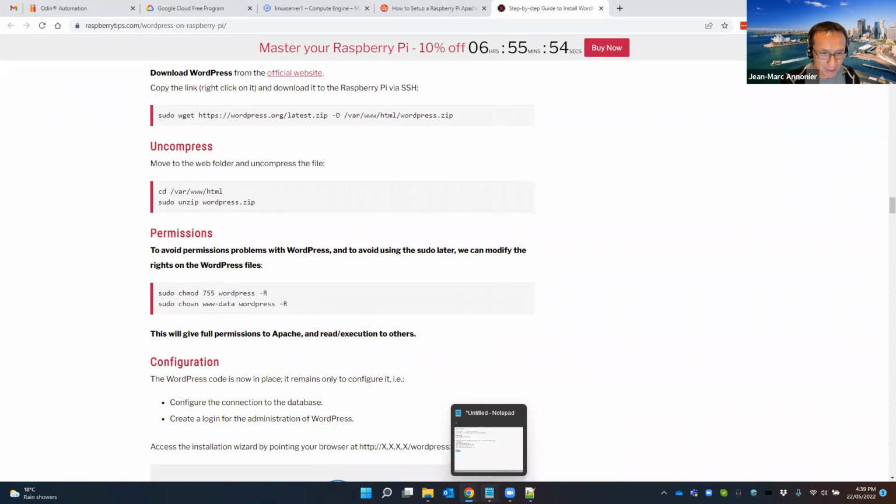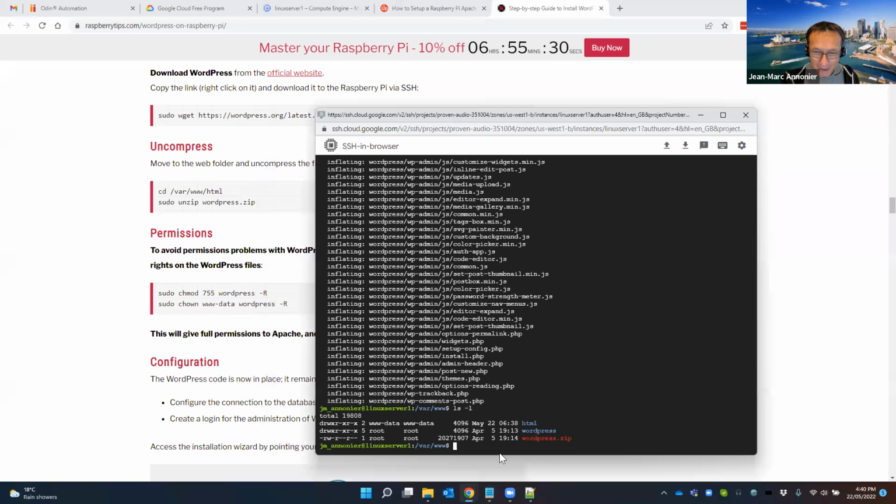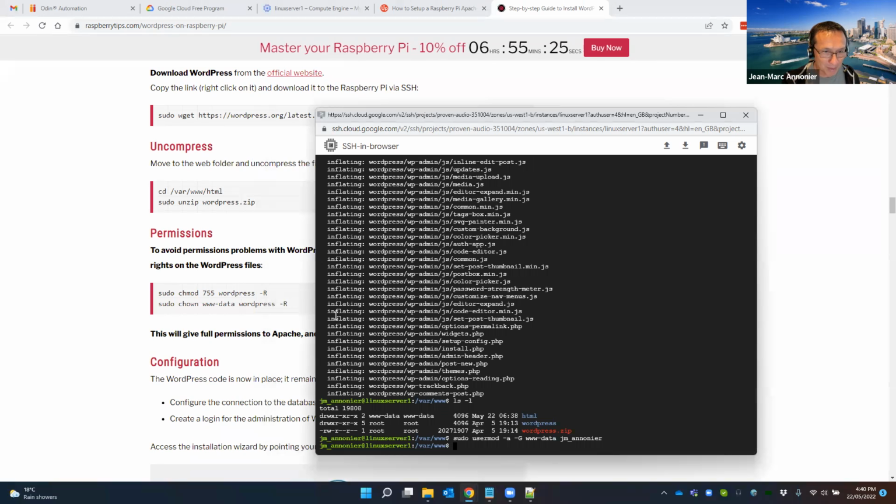The first thing that we need to do is to make sure that our current user is in the www-data group, because we want to be able to make some changes to the WordPress files. Okay, so I copy this, paste it in there. So now I'm part of this group.